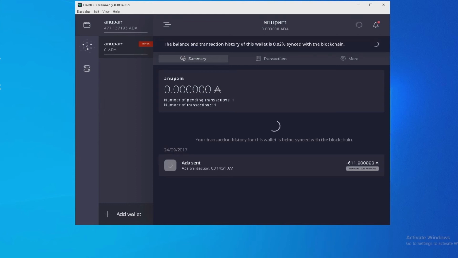I actually had the mainnet wallet installed on my computer, so it directly logged into my wallet.